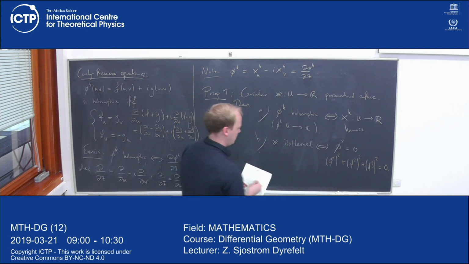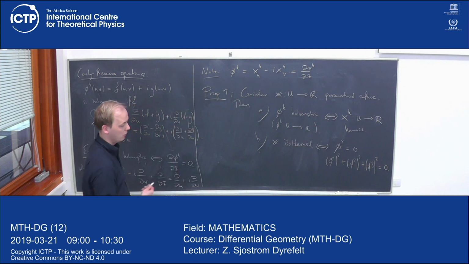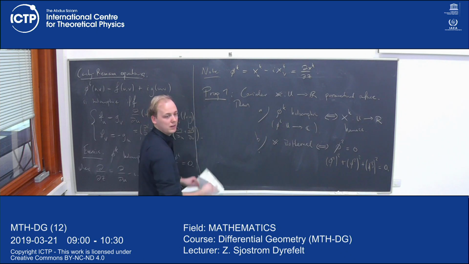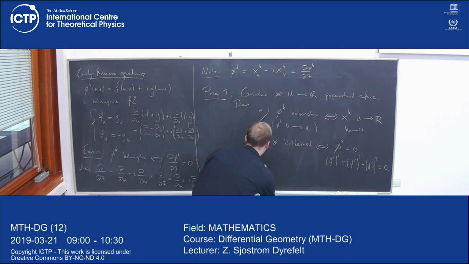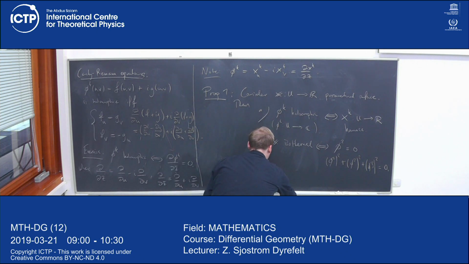So if I only compute this, and this is equal to 0, then this is equivalent to this being isothermal. And only if this holds, our criterion from last time holds, right? That harmonicity is equivalent to being minimal. Okay, and the last part is that if x is isothermal, and this is important,